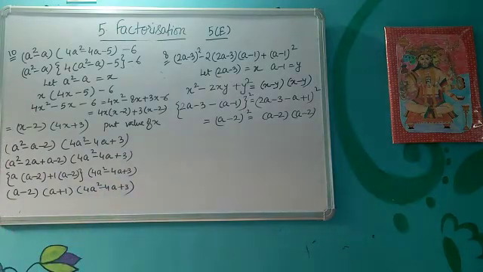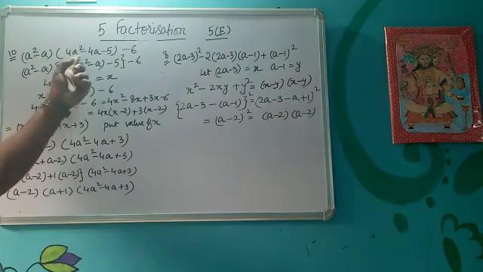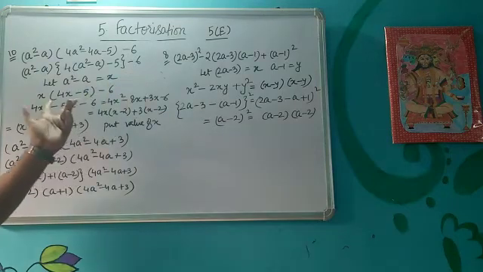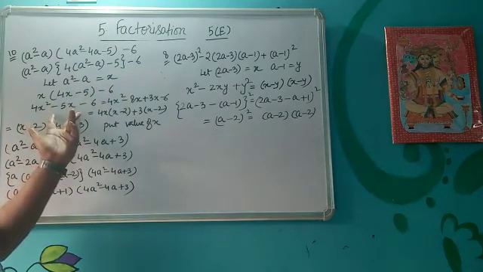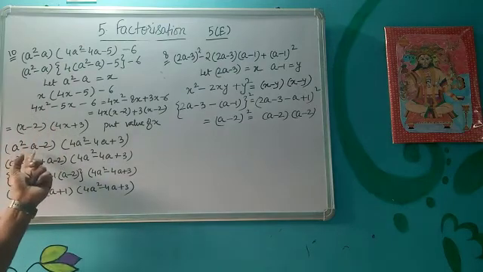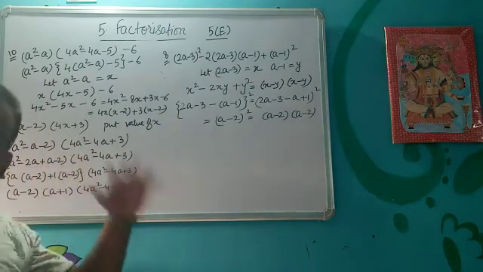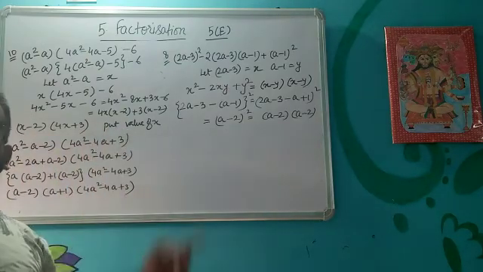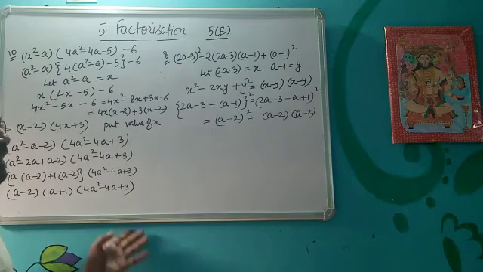So in questions like this, where you can see a term is identically repeated, you take this term as x or whatever variable, then you solve. Then you get a quadratic polynomial. After factorizing it, again you put the value. Then again, if it can be factorized further, then you have to factorize it. And in order to check it, you can use b square minus 4ac that we have discussed in exercise 5b.